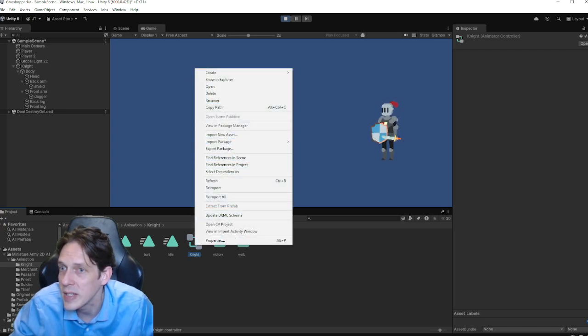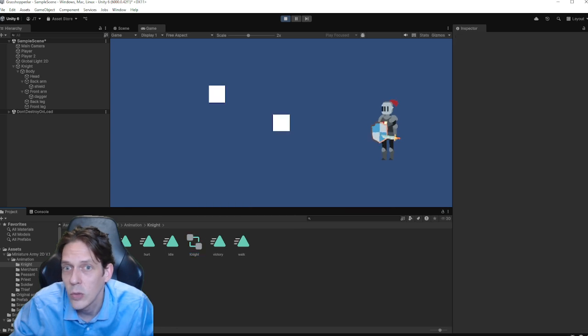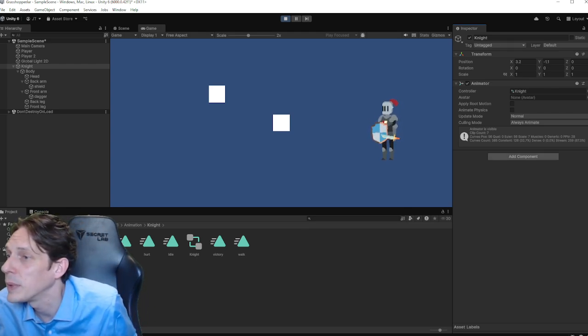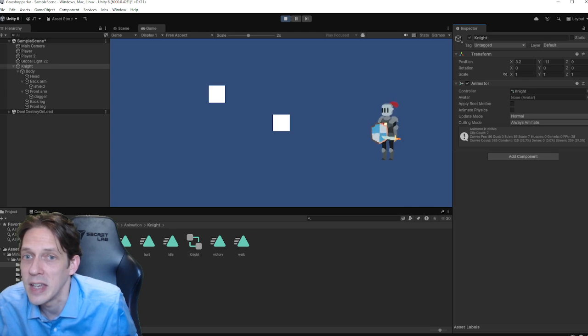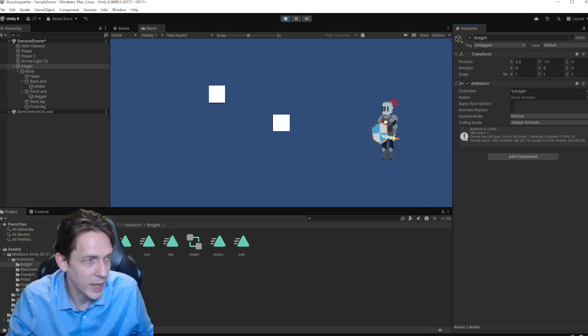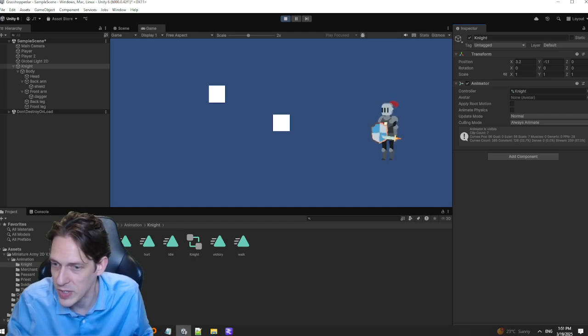Is there an add to asset? Import new asset. Do I have to put this in here? Do I have to add this to the knight? I may end up asking these questions. Sometimes I bumble around and I just try to do what I do, you know? And sometimes I ask ChatGPT for help. There's never any shame in asking for help. And that's not going in there. So I am going to ask for help. Quickly get some instructions.